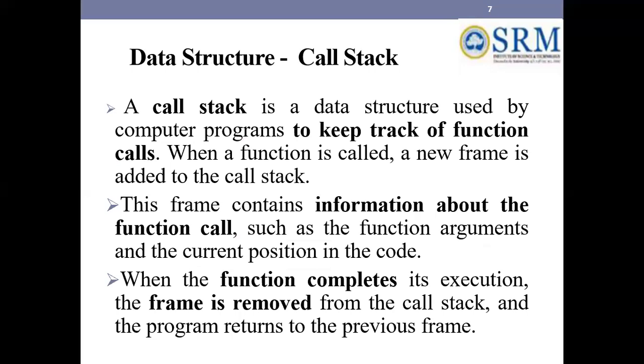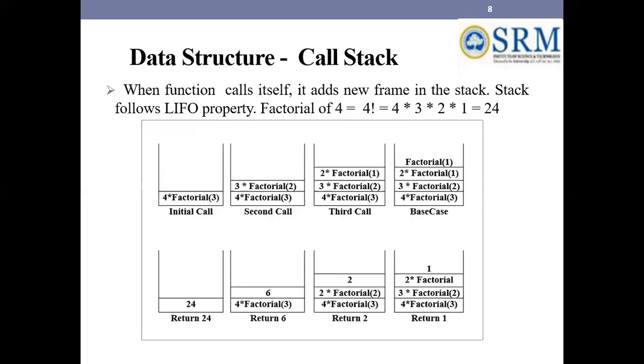And we can use the data structure called the call stack. It is the data structure used by computer programs to keep track of function calls, how the function is executed, and what the parameters of the function are. All the information is stored in a stack. When a recursive call happens, all the information is stored in a new frame in the stack. The frame contains information about the current function call. When the function completes its execution, the frame is removed from the call stack and the program returns to the previous frame. So for example, the initial call